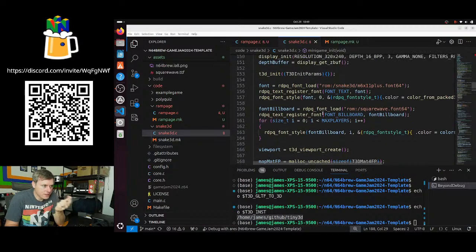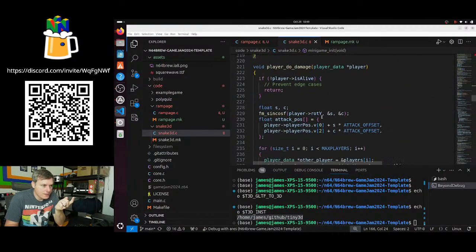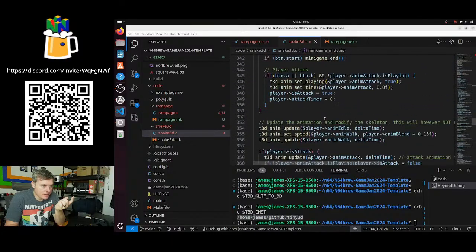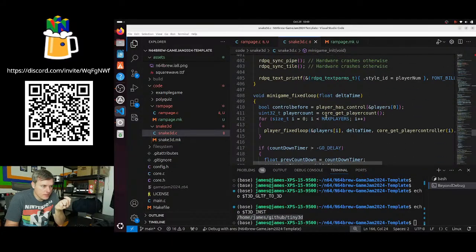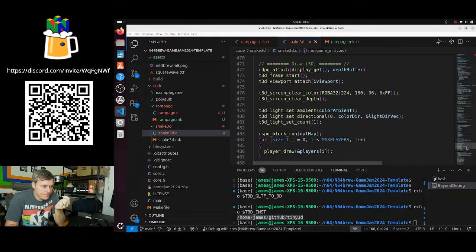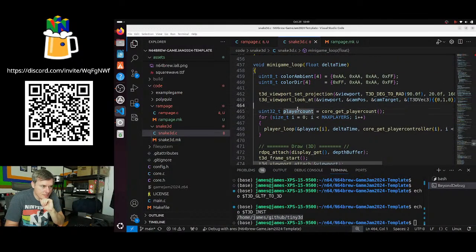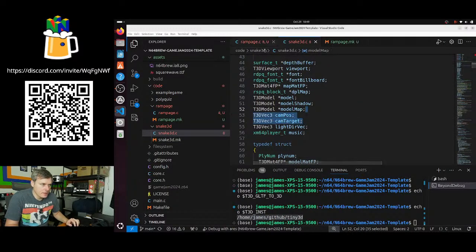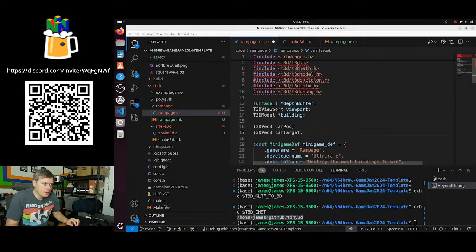I think I've done T3D in it. I've created the viewport. Down here, I've copied over the code that lets me, okay, right here, I've set the projection, view it, look at. I'm going to have to copy the camera position and target. Although, camera position, we do 0 x. I'm assuming y is up, so I'm going to do, like, I don't know, 6, and then z -2. Camera target, I'll just do the origin for now. And then,